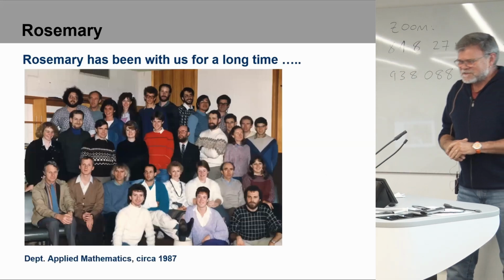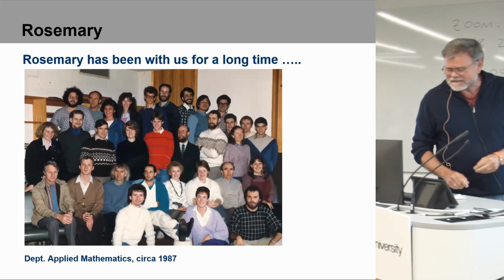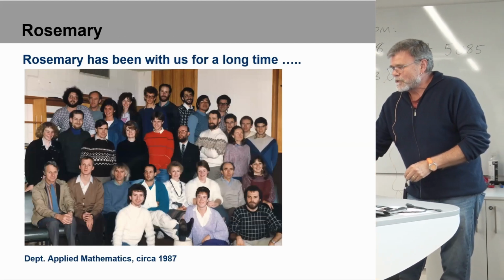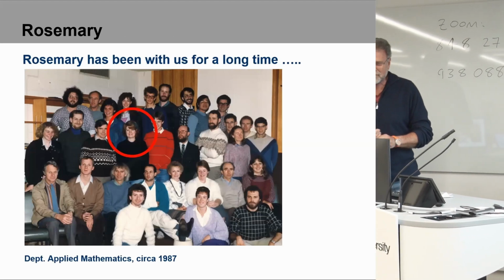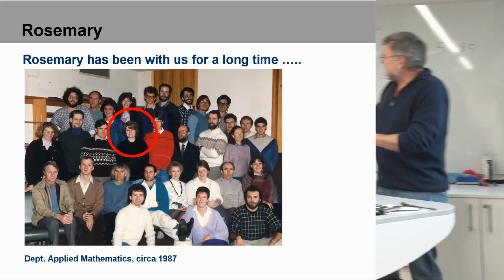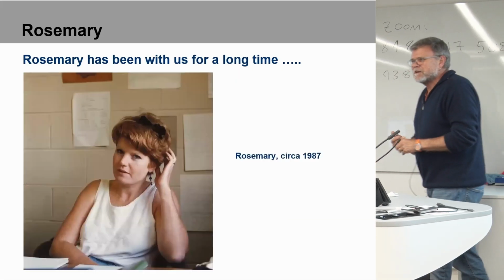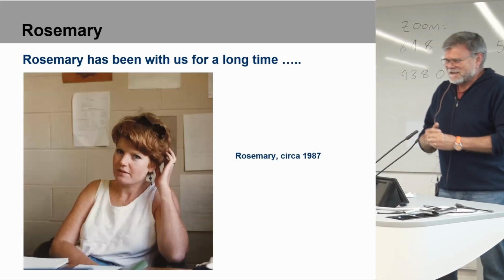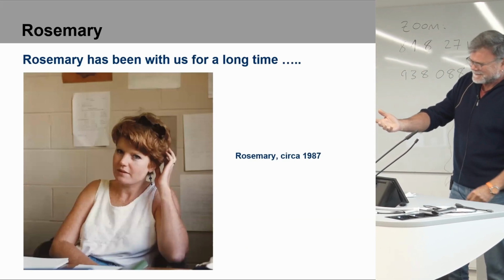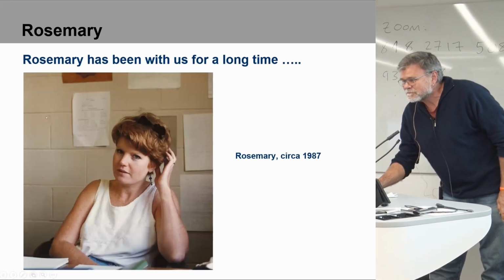And this is the Department of Applied Mathematics around about 1987, and in case you can't see Rosemary, she's right in the middle of everything, which is exactly where you'd expect her to be. And just in case that image isn't quite clear enough, there's another one that I took in around about 1987. That's your office, with all of these weird sort of...